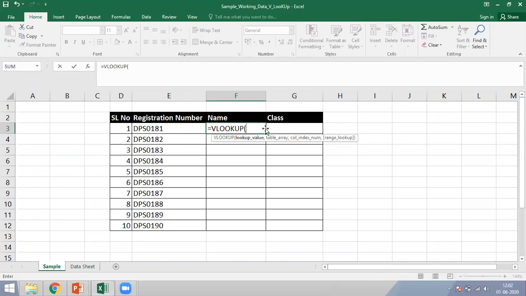As I have opened a bracket, it's asking me what my lookup value is. The lookup value is a common value which is available in both the sheets. So I have taken the registration number and entered a comma. Now it is asking about the table from which I want to match this information.